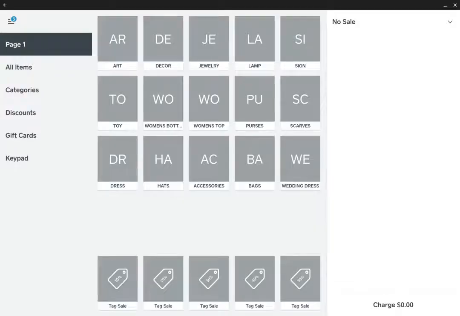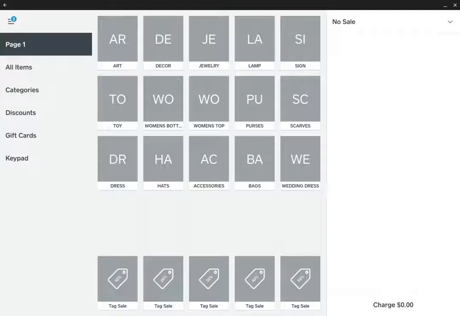So in this video, we're going to learn how to use the note field. This is for how we would track non-inventoried sales in Rows. These are items that have not been entered into Rows, and we're going to manually ring them up in the register. So in this case, what we've done is we've created some of our top selling items as categories on